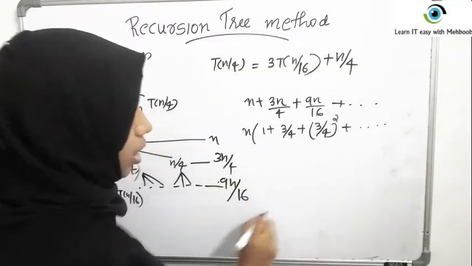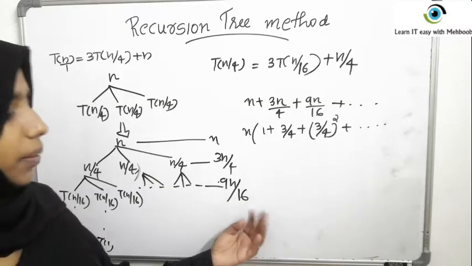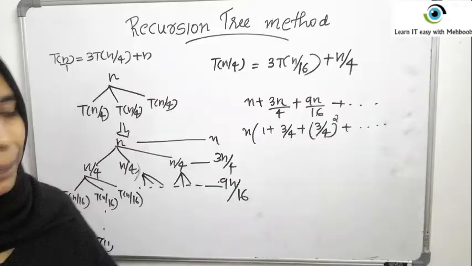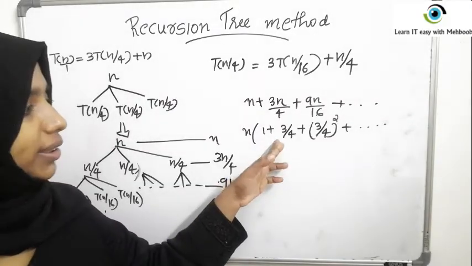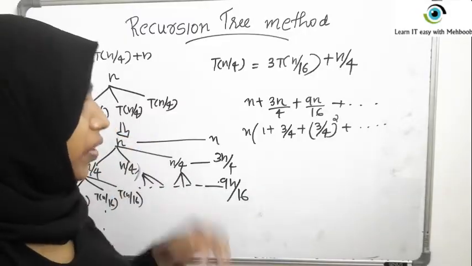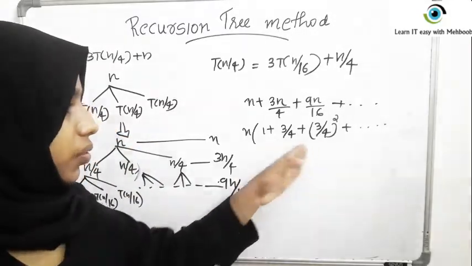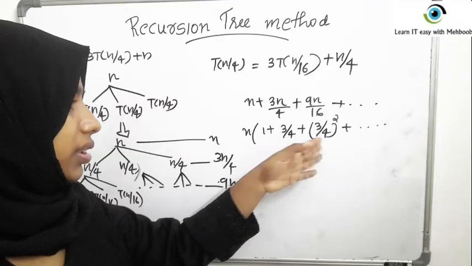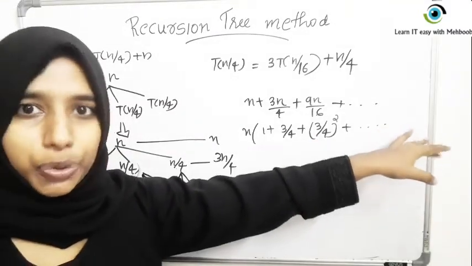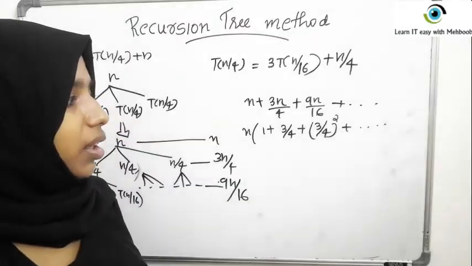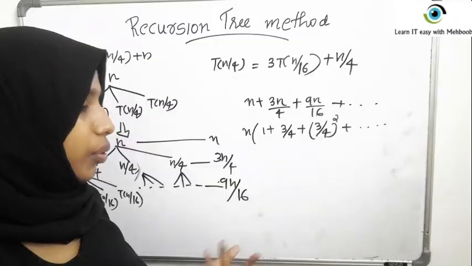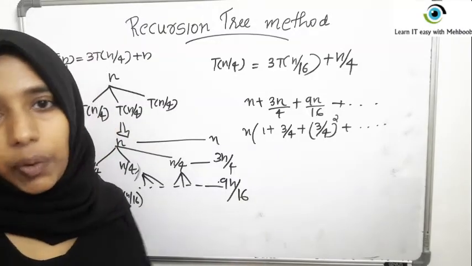So see, here is something to be happy about. That is, if the common ratio of the GP is less than 1, here it is 3 by 4, isn't it? So it is less than 1. So we are sure that it will eventually converge. The series will eventually converge to terms with very small values at the tail end. So you don't have to count the number of terms here. The only thing that you do is just take the infinite sum of the GP.